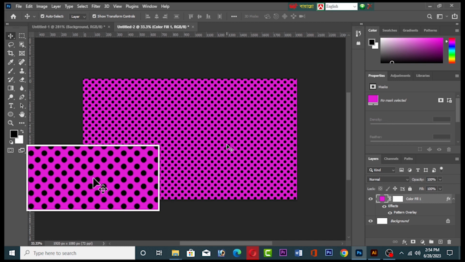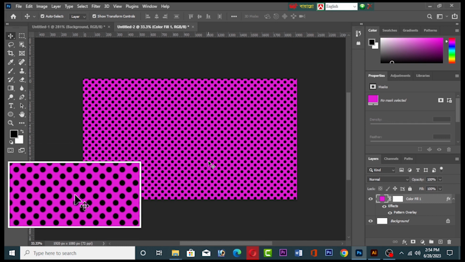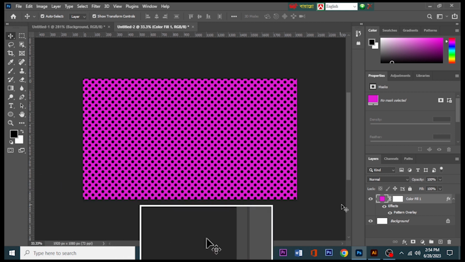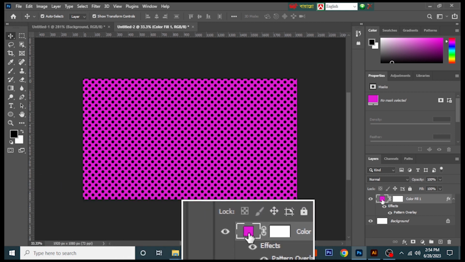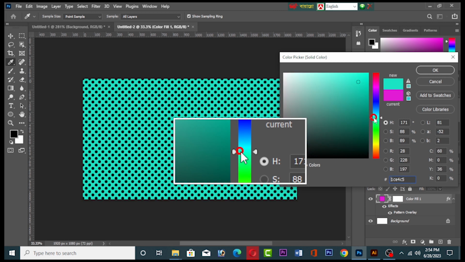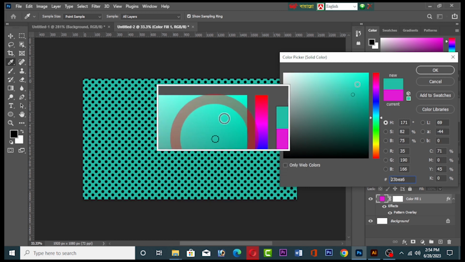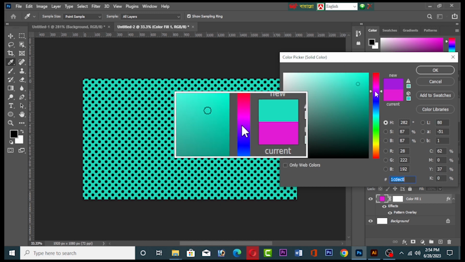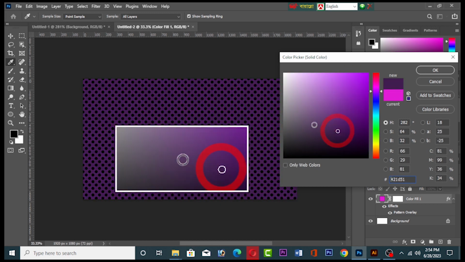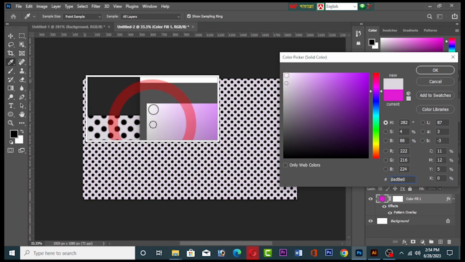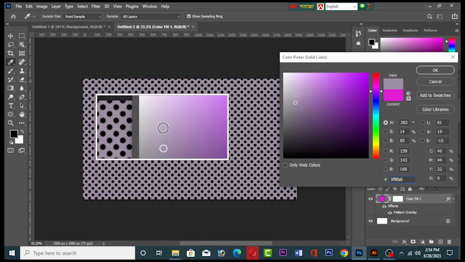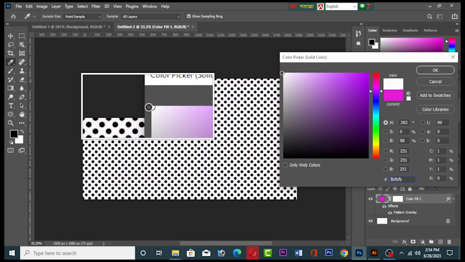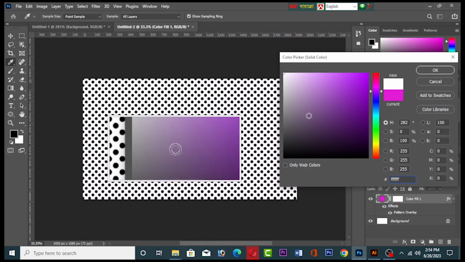Now see the result. I can change everything, the color, the background color, but the polka dot is not coloring. So what I have to do,